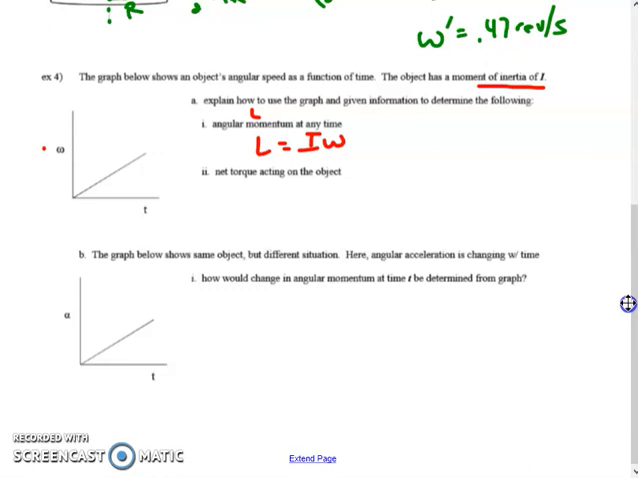How would we go about finding the net torque acting on the object? Ooh, that's a little less obvious. So connections: torque, angular velocity, angular momentum, anything we know about that. And if you go back to the front page, we saw that